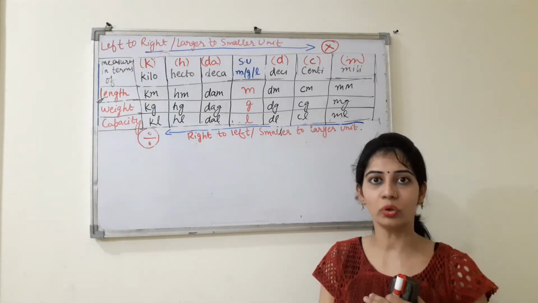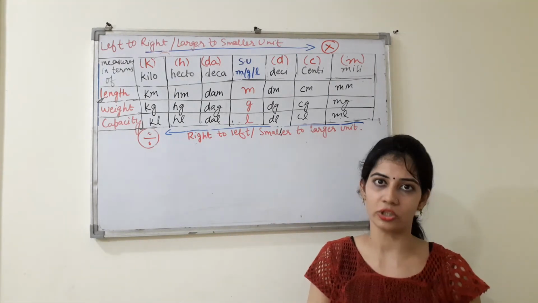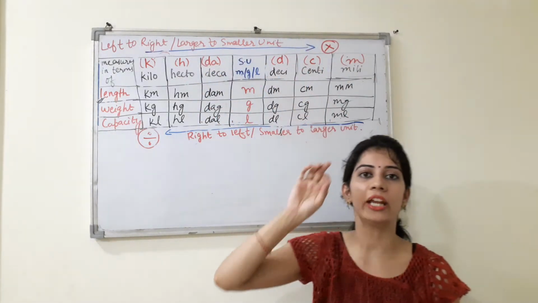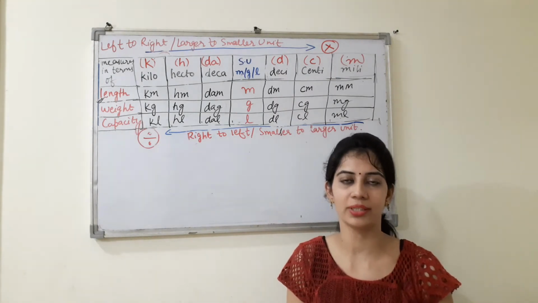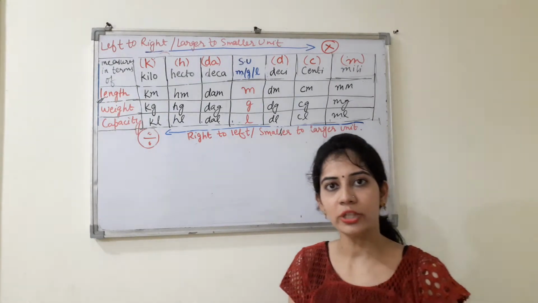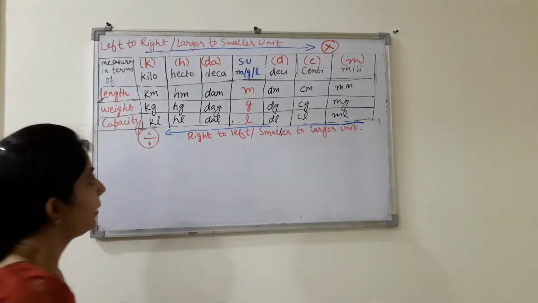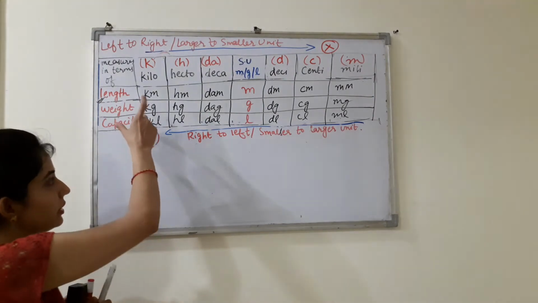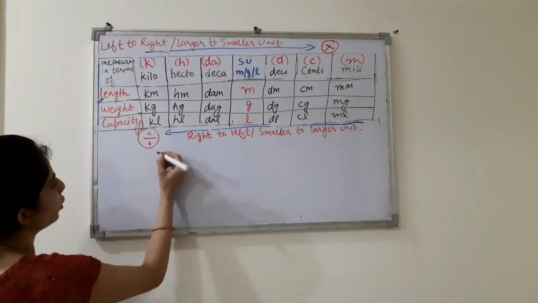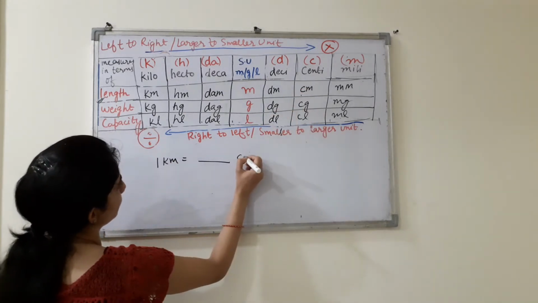So you have to note whether you are converting the larger unit into smaller unit or smaller unit into larger unit, right? Now see, when you convert larger unit into smaller unit, then you will always multiply with the number of units, right? That you will know when we solve the questions. And when you convert smaller units into larger units, then you will divide. Okay? So now see, how do we convert the given units into given units, right? So suppose I want to know that 1 kilometer is equal to how many centimeter, right?